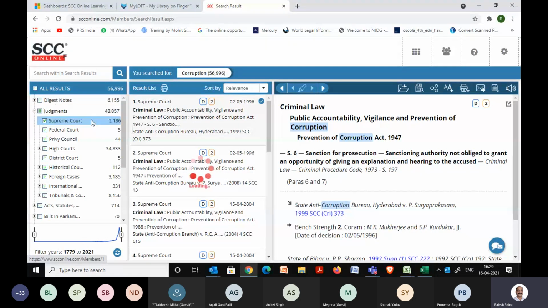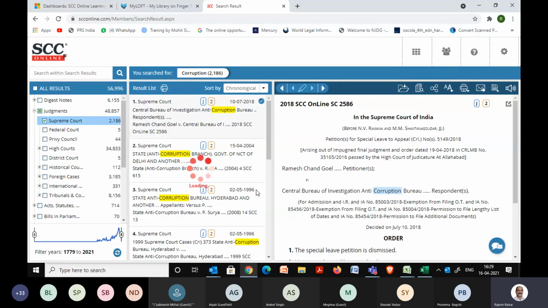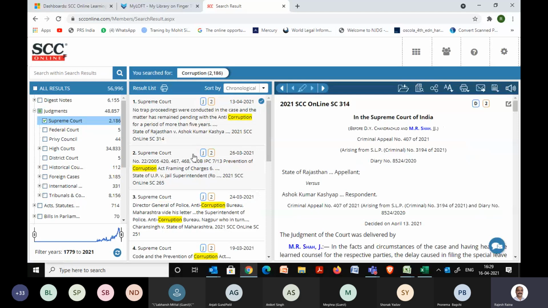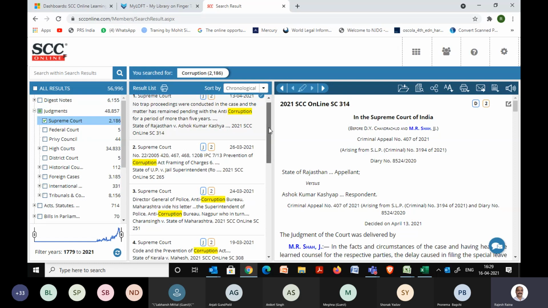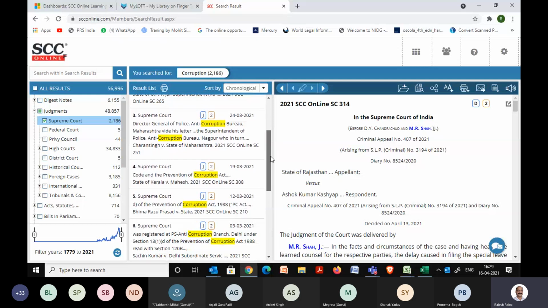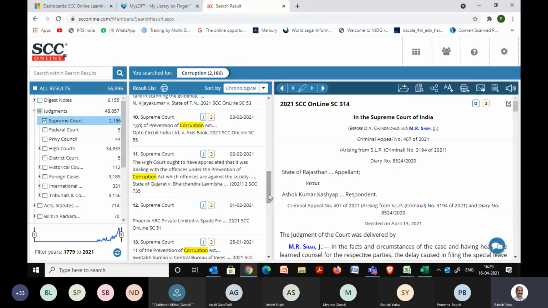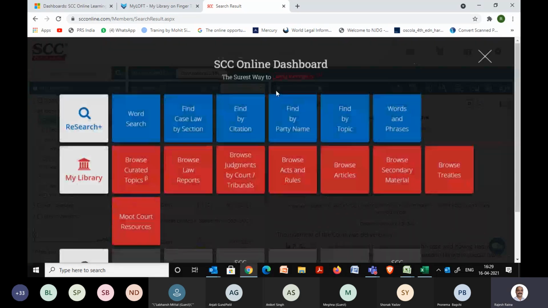Now I'll just segregate the Supreme Court judgments only, and then I'll go to the sort by, put the latest first. The other startling difference you'll see now is that it is a judgment of 13th of April 2021. Earlier we had of 19th Jan. So April, then 26th March, 24th March, 19th March, 12th March, 3rd March, 1st March, then a lot of Feb ones, all were getting missed.